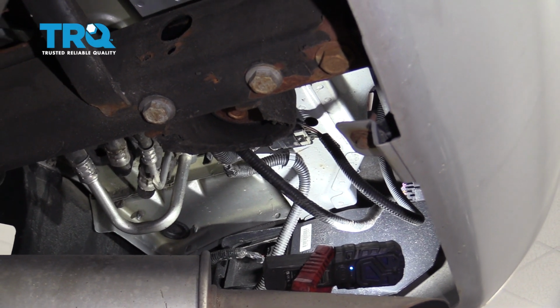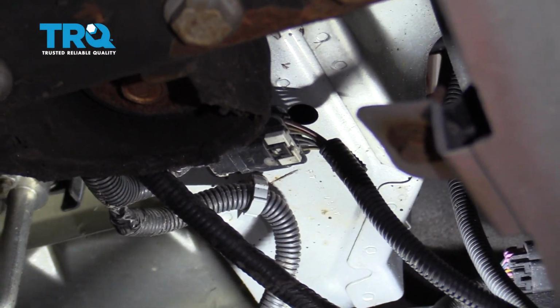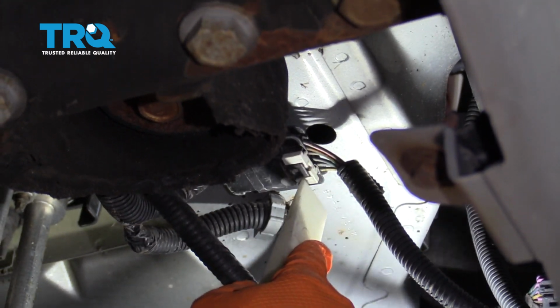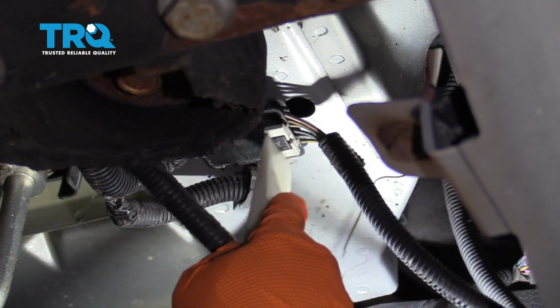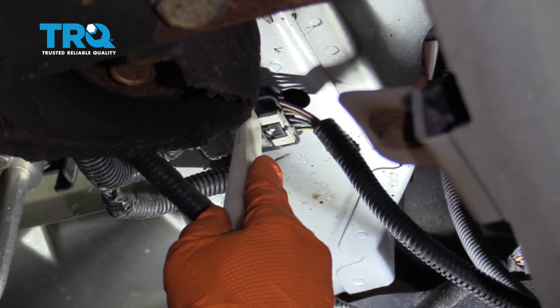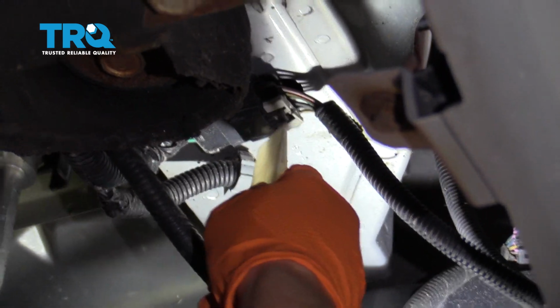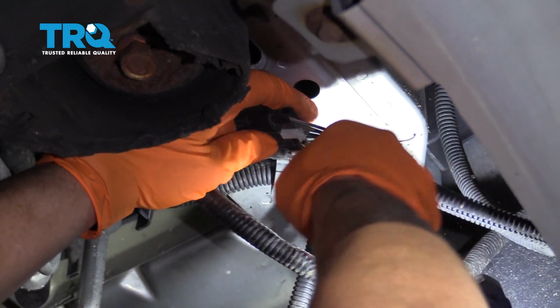So before you take the tail light out, you're going to go underneath the vehicle in the rear bumper section, and you'll see the connector right here. You want to disconnect the electrical connector, pop out this safety clip. It's a little white clip. You can use a flathead screwdriver or a trim tool. Just pop this out. And once you get this clip out of the way,